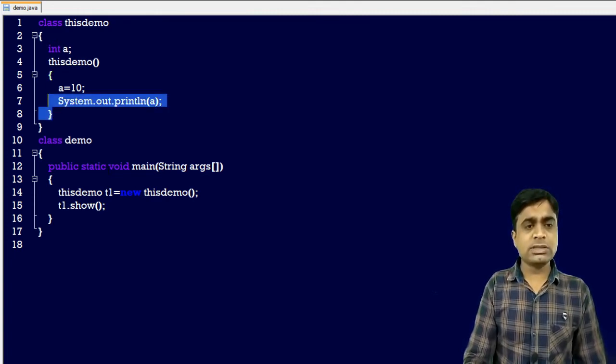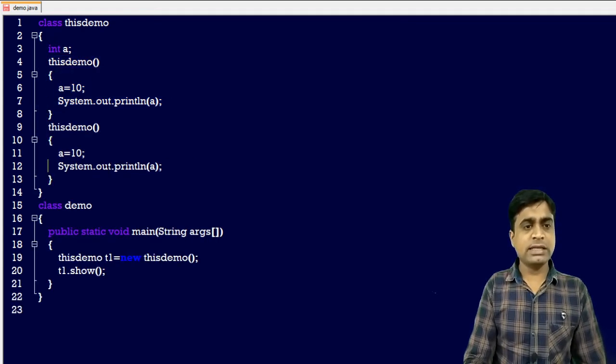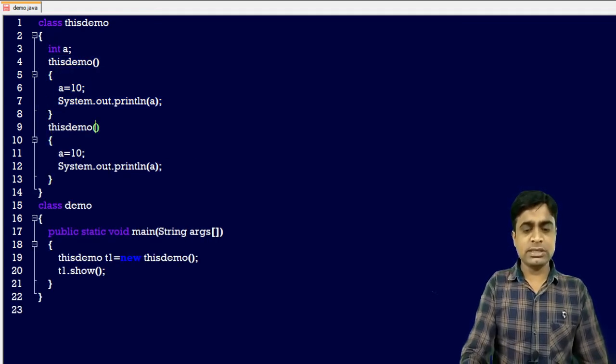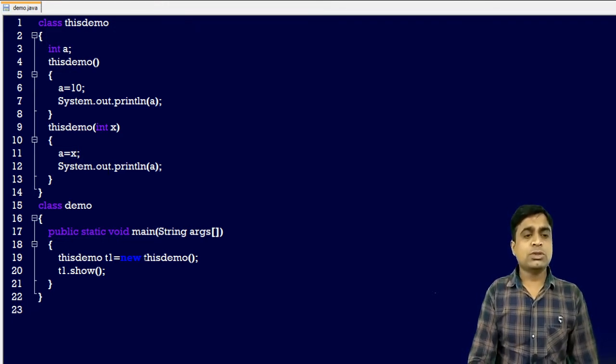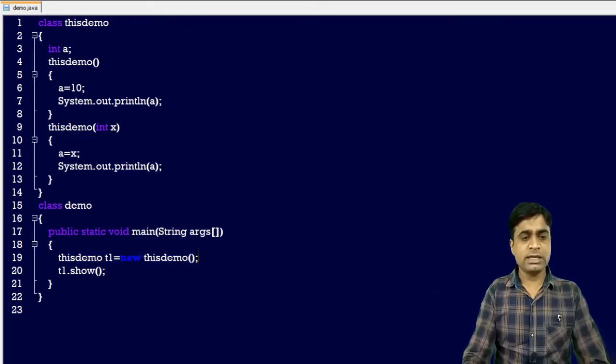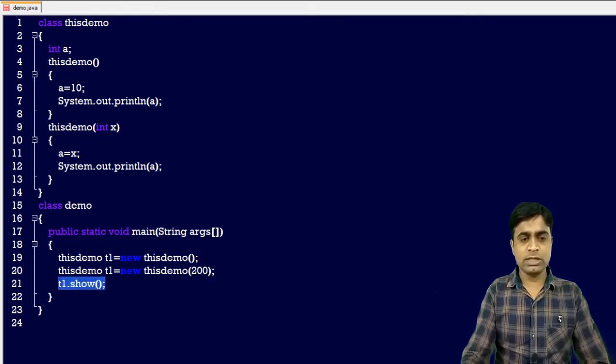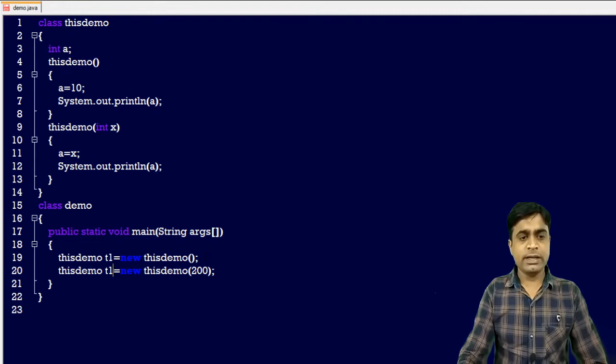Now I am creating a parameterized constructor here. In this case I am using integer x, and I write a is equal to x. Now I am calling this here. The default constructor is there, and next I am creating a parameterized constructor, and in the parameters I am passing these two values. A method is not required in this code. Create an object with the name t2.